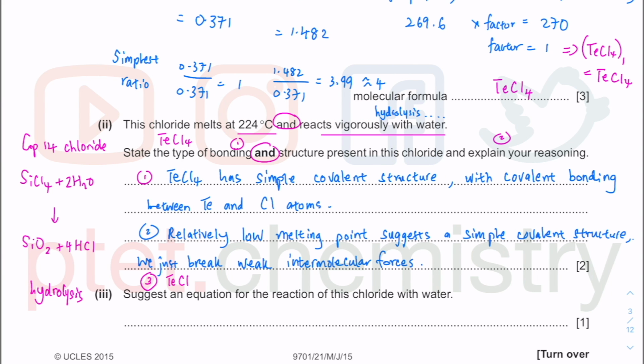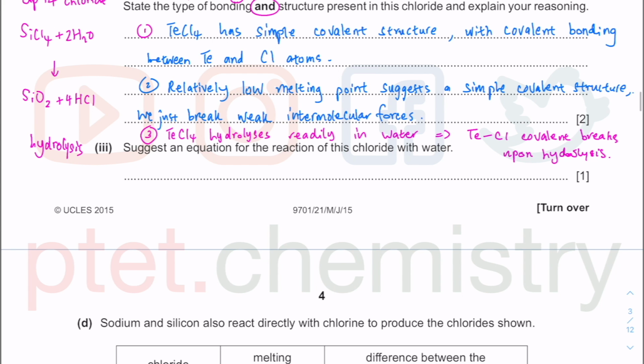So we can say TeCl4 hydrolyzes readily in water. It doesn't just dissolve in water, it hydrolyzes readily in water. Meaning to say, the TeCl covalent bond will break when you react with water. Upon hydrolysis, we don't really have to specify the product, but there is a violent reaction as a result of the hydrolysis happening. Well, actually, we might have to, because they are asking what happens when the TeCl4